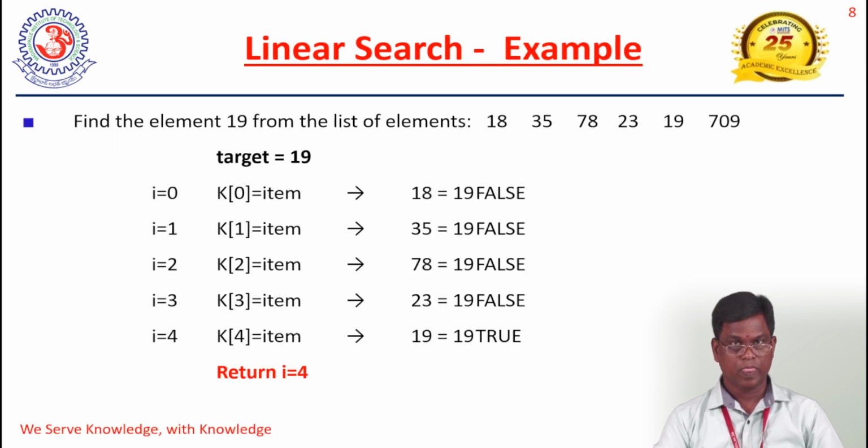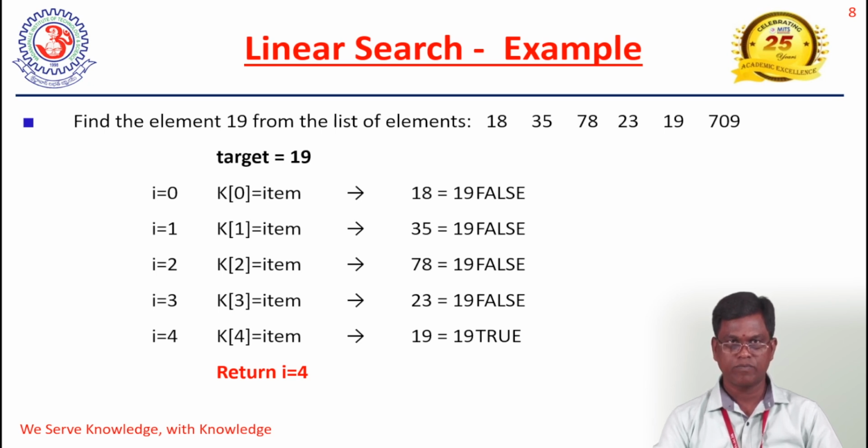And here is the example to implement that linear search process. So let us consider we have the elements in the list like 18, 35, 78, 23, 19, 709, and the target element that we want to search is 19. So according to the algorithm explained previously,